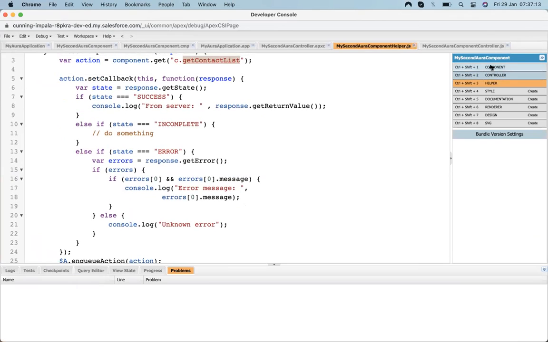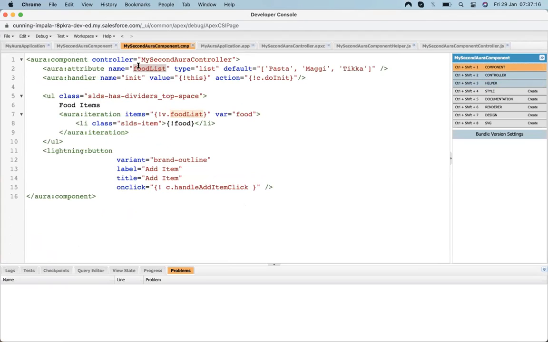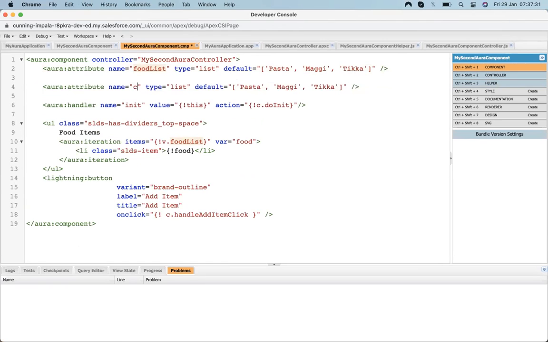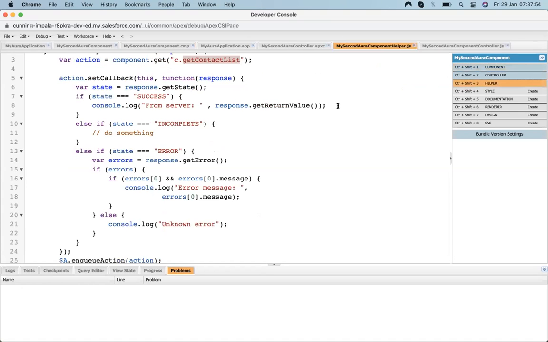So as you can see, in order to display a list of details, I need an attribute that will store all the lists. So using the same concept, I will just declare a contact list, and type will be object, or just make it list. It will also do the same, and there will be no default value. Just remove the default value, and just assign a value into that list.